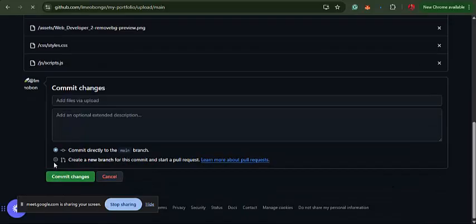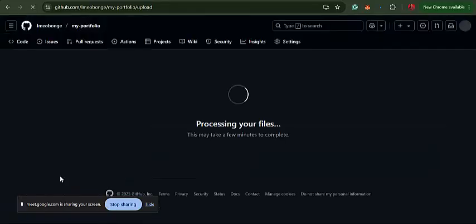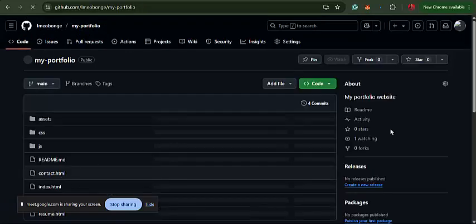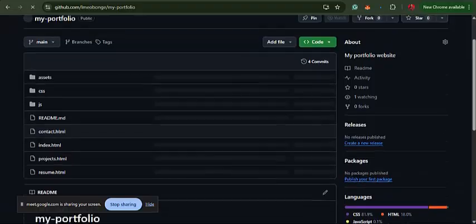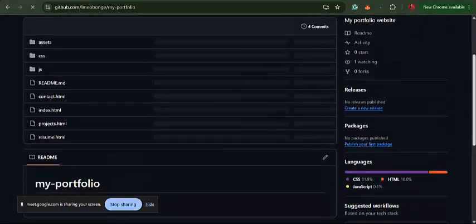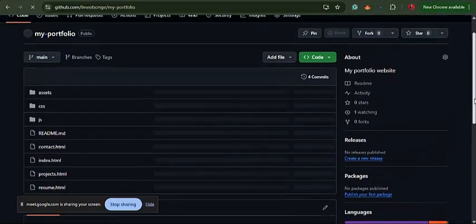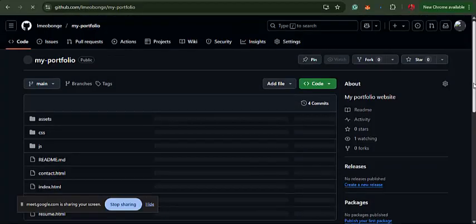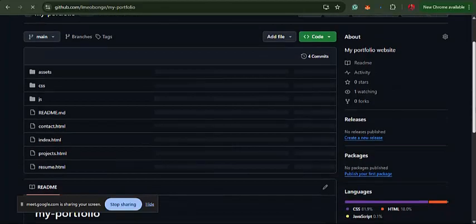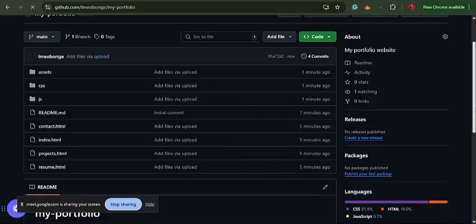Then I'm going to commit changes. So we don't have to worry that it will be duplicated. GitHub just knows how to arrange and won't create a duplicate. So after uploading our files and the folders from our project folder, next thing we want to do is